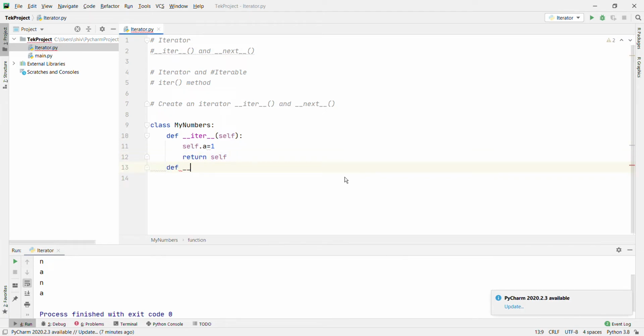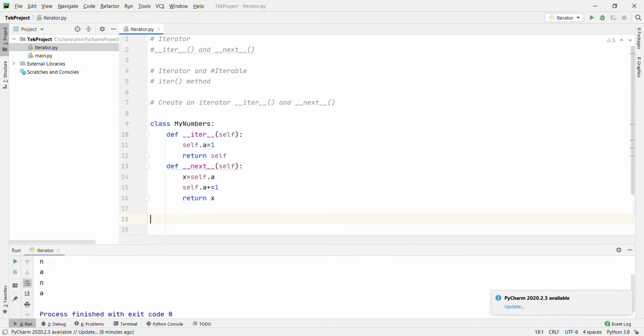Define next, self, and then x equal to self.a, and then increment the value, self.a plus equal 1, and return x. Okay, I created a class that has the iterator. This is going to do the initialization and next.